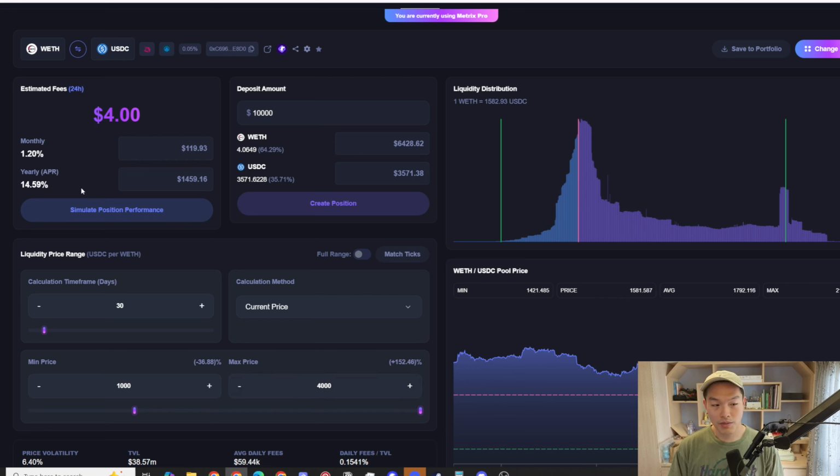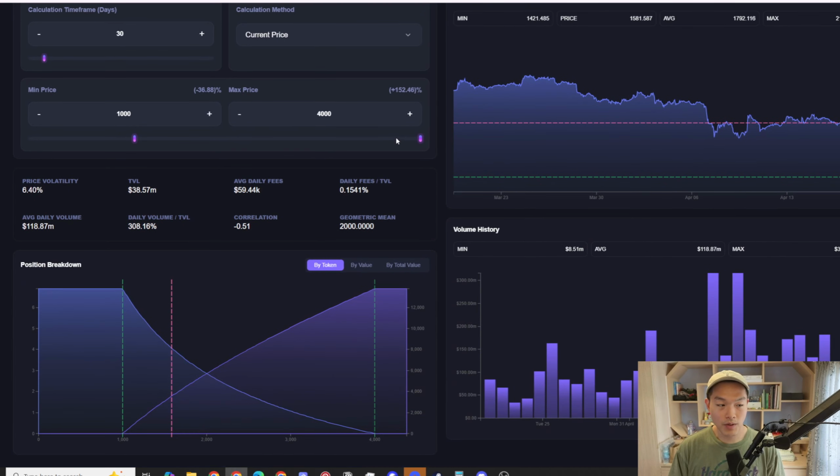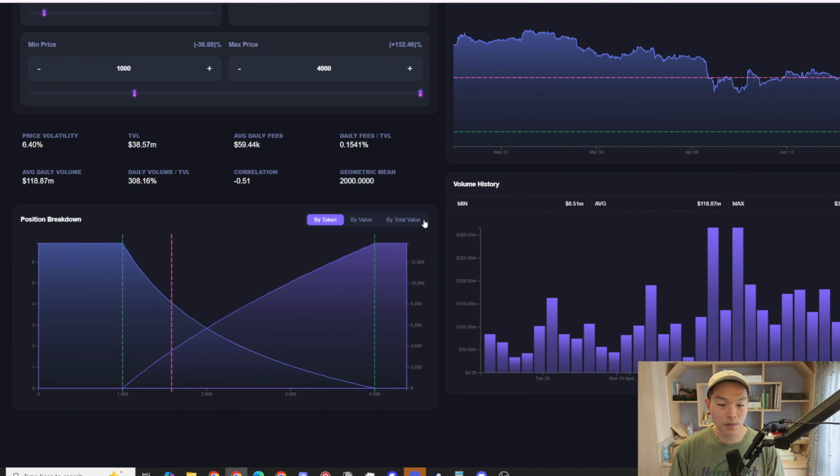So the yearly APR is not bad, 14-15%, but it's probably higher if I change this custom price to lower liquidity areas, maybe around here, 28-30%, because Ethereum's price moves a lot. And that's typically what I expect from a pretty wide range liquidity pool, roughly 20 to 50% APR, depending on the ranges you set. But the first drawback I want to look at is that your upside is going to